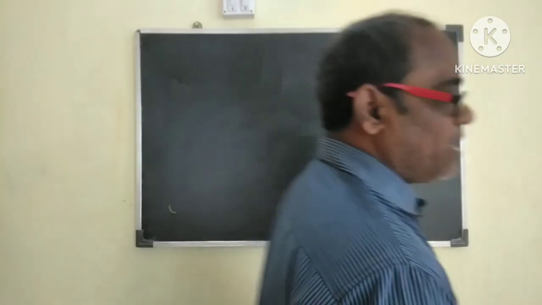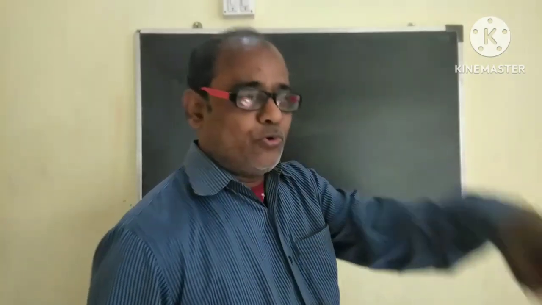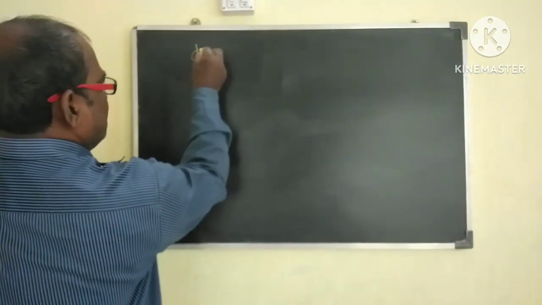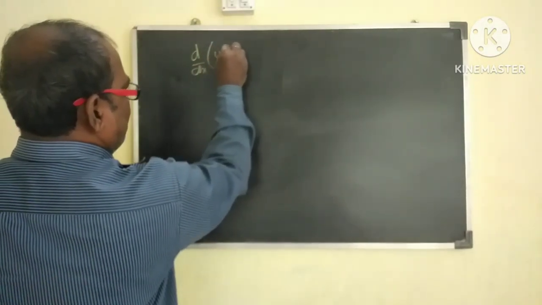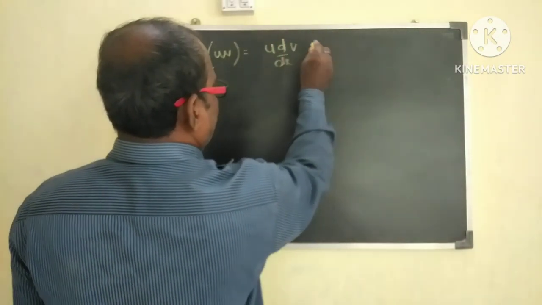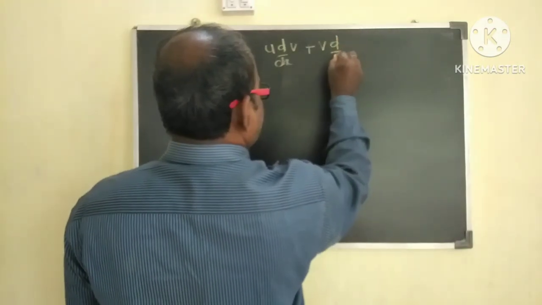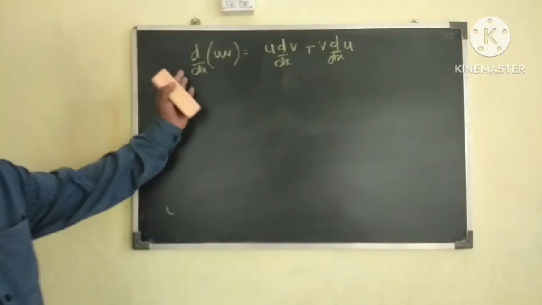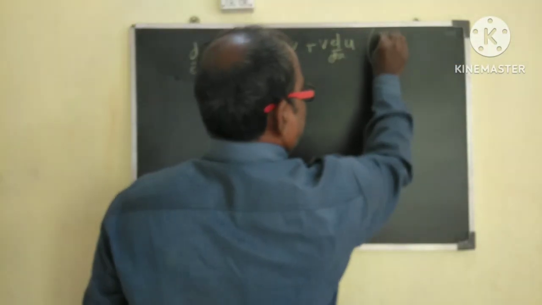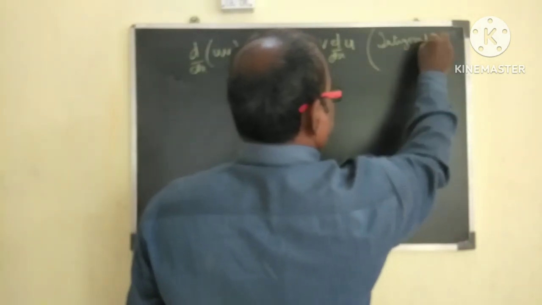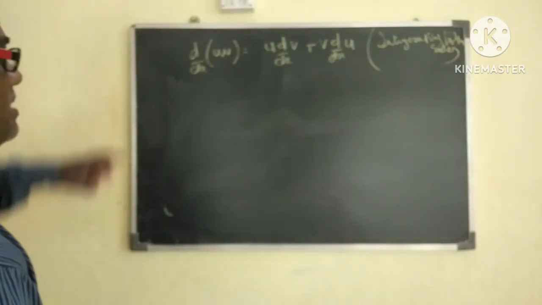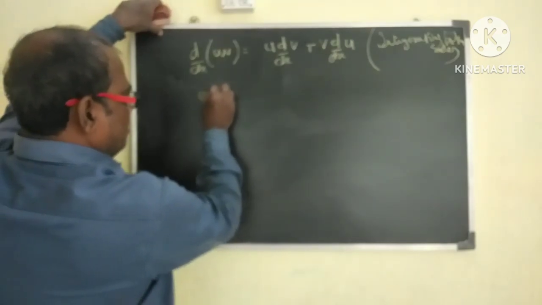So, to derive the integration by parts with the help of derivatives, how to do it? Let us take two functions u and v. Then we know that d by dx of uv is equal to u plus, we know that we can write this in the form of this, which you have learnt in class 11. Now doing integration, integrating both sides, what we get here, uv is equal to